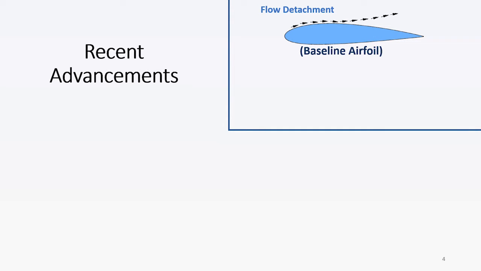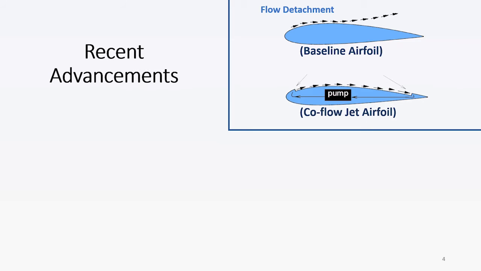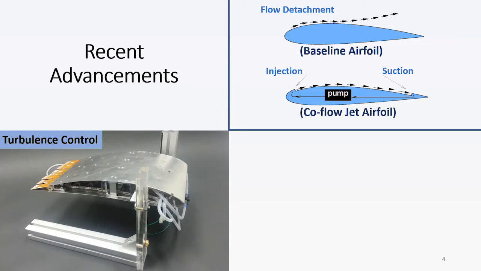stop lift generation. The airfoil is modified to a co-flow jet airfoil where the flow is sucked downstream and pumped back upstream, creating a flow loop that avoids detachment. Another technique called turbulence control is done by vibrating the rear edge of the airfoil to decrease turbulence downstream and